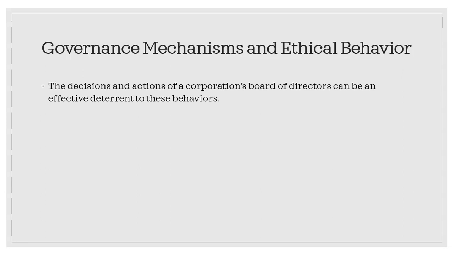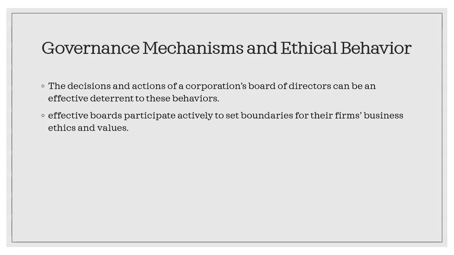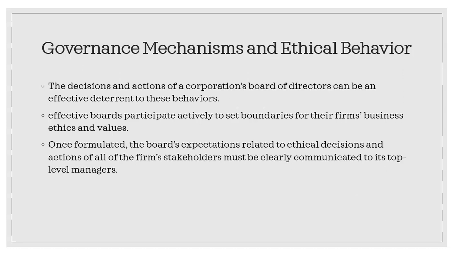The decisions and actions of a corporation's board of directors can be a very effective deterrent to these behaviors, because you have to go to the board for approval and they are like an oversight committee. Then it is less likely that unethical behavior will prevail. Effective boards participate actively to set boundaries for their firm's business ethics and values. Once formulated, the board's expectations related to ethical decisions and actions of all the firm's stakeholders must be clearly communicated